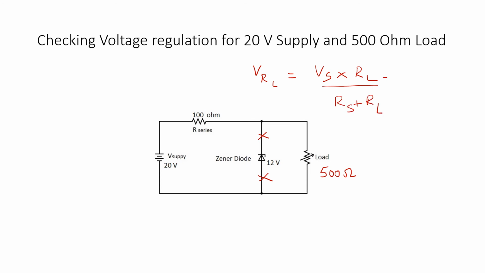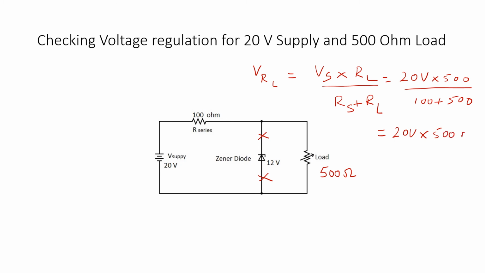In this case, it equals 20 volts multiplied by 500 ohms divided by 100 ohms plus 500 ohms,